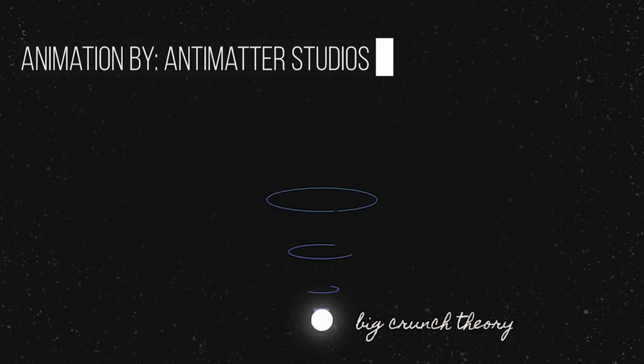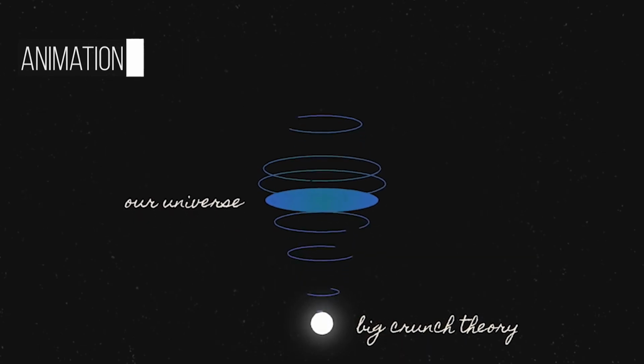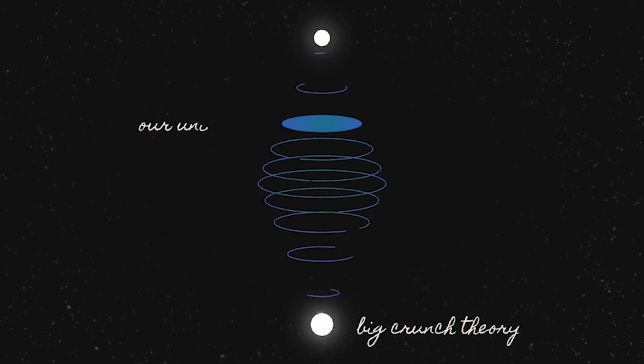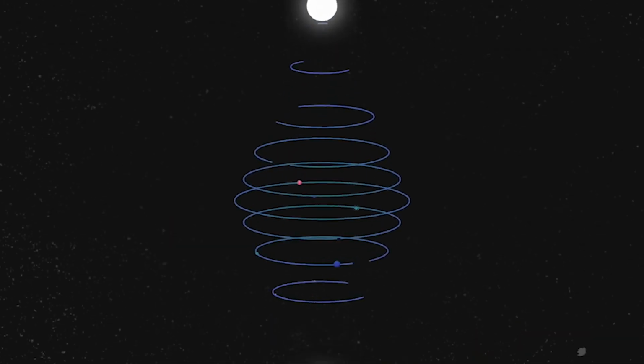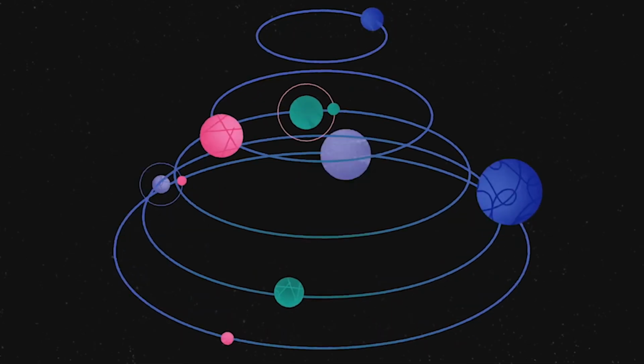Now that we've discussed what happened at the beginning of all time, what's going to happen at the end? Where are we headed? Well, scientists have come up with three main theories. The first one is the Big Crunch theory, which states that the universe will eventually reach a maximum point and stop expanding. At that point, gravity will cause the universe to actually begin contracting and will collapse to a singularity again.